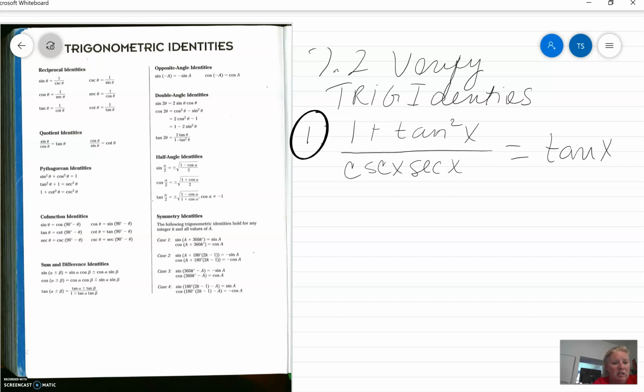If you look over here in your trig identities sheet, tangent squared plus 1, well, isn't that the same as 1 plus tangent squared? Yes, it is, because you can add in any order. So 1 plus tangent squared is the same as tangent squared plus 1, which is equal to secant squared. All right, so I've got secant squared x over cosecant